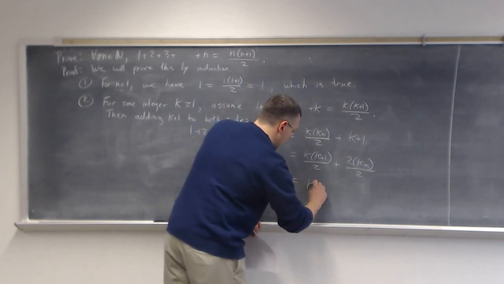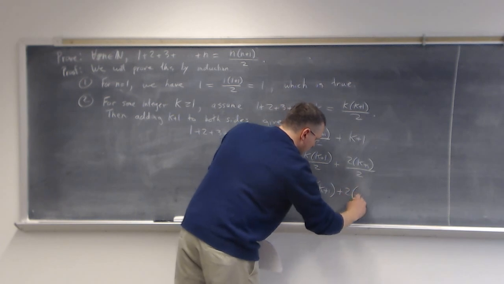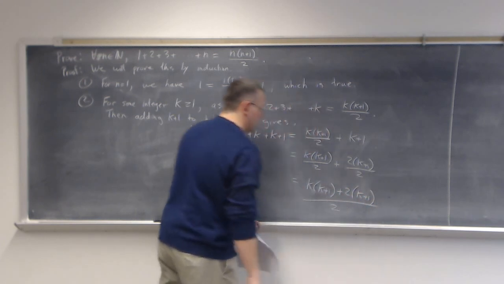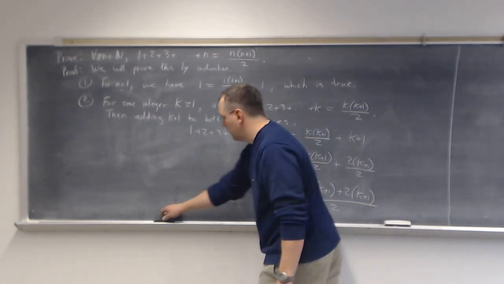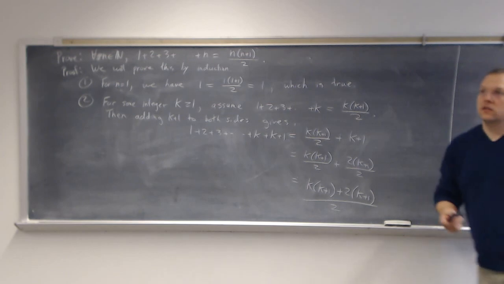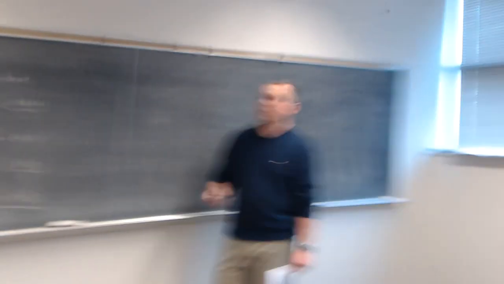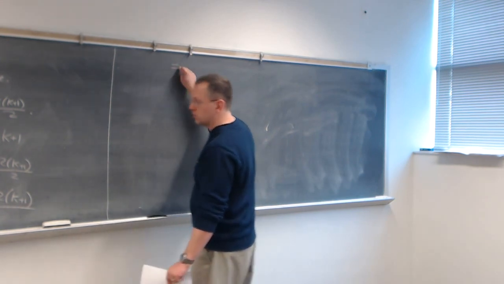So this equals k times k plus 1 plus 2 times k plus 1 all over 2. Getting closer. And I continue my chain of equations, so that equals